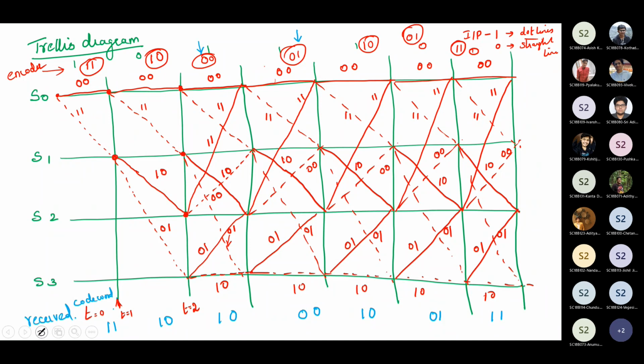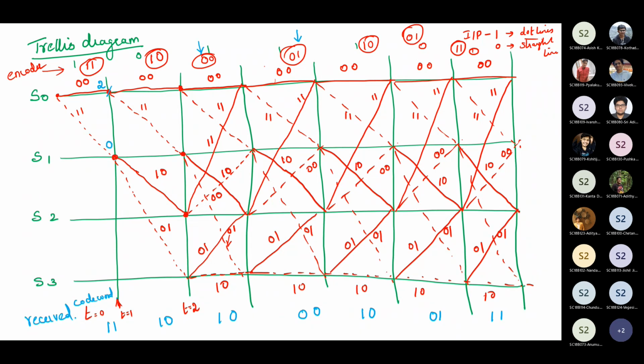So this is the first one. You have the trellis diagram. From the trellis diagram, we will use the minimum distance decoder. So what is the Hamming distance between 0 0 and 1 1? 2. So the Hamming distance is 2. Here I am writing the Hamming distance. So at this end, the Hamming distance is 2. What about the Hamming distance between 1 1 and 1 1?